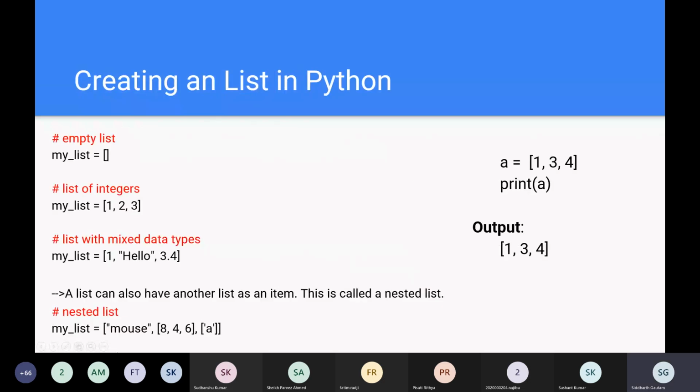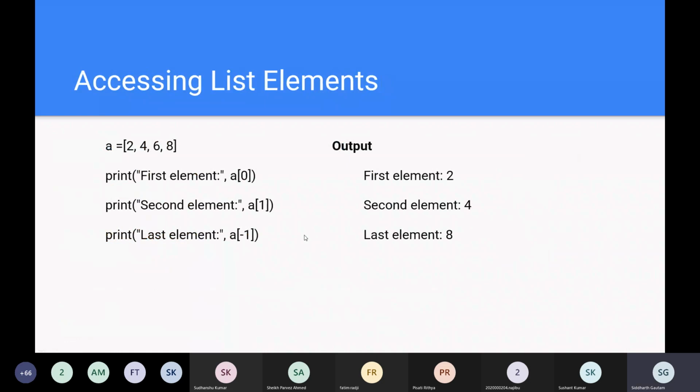First, you already know how to create a list. We have already studied it. Take a variable and initiate it with square brackets, and inside the square brackets, you can type any number of elements. And you all already know what accessing is, also using the index. First you type the name of the list, and inside the square bracket you type the index of the element you want to print, and that will get printed. Like I have my A index of 0, and the 0th element is 2. That's why my output here is 2.